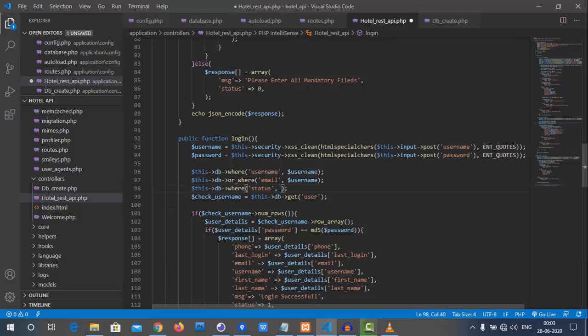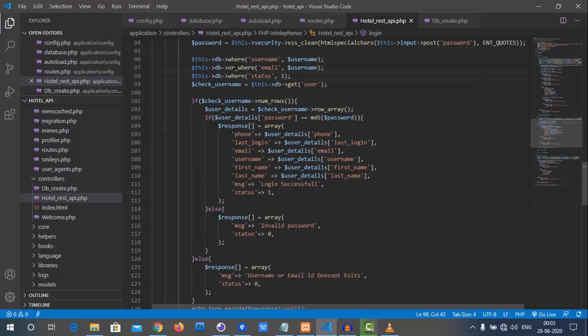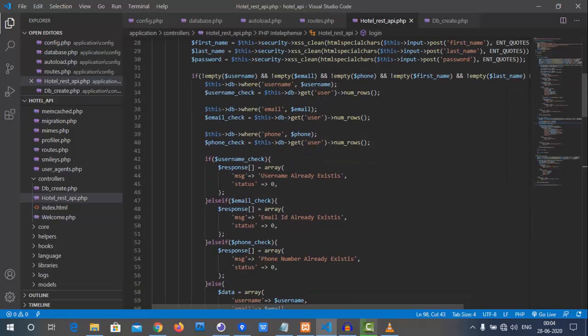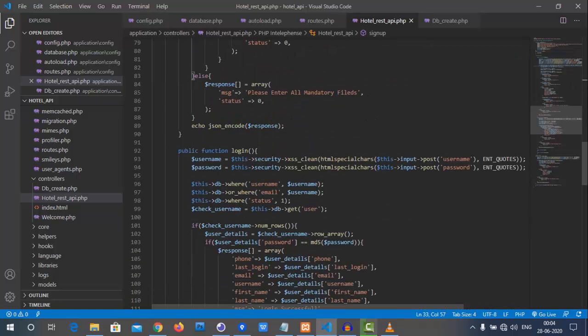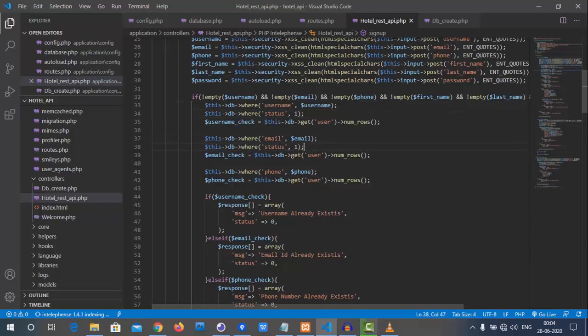So that's the reason I need to add a check, because if we have banned that user, then what's the case? Then it should show an error, status equals 1, right? Check number of rows. Here the password is not, then we are entering into it, right? So here only we are checking it out. Status is also equal to 1 or not. If status is equal to 1, then well and good.